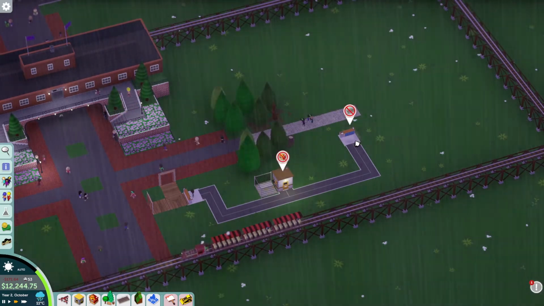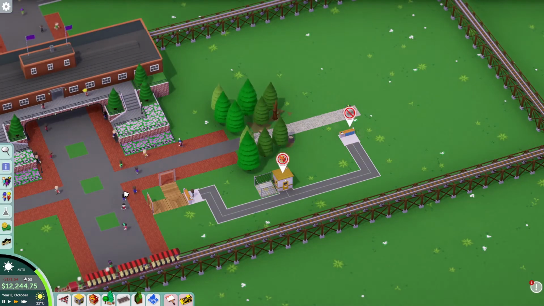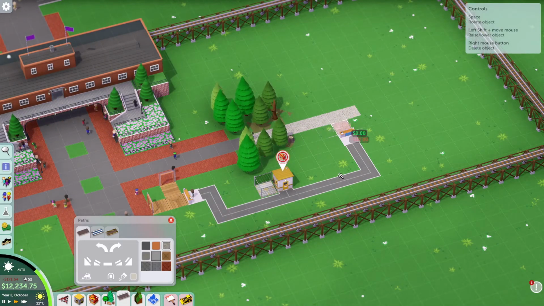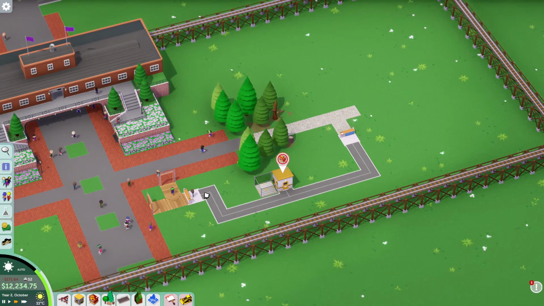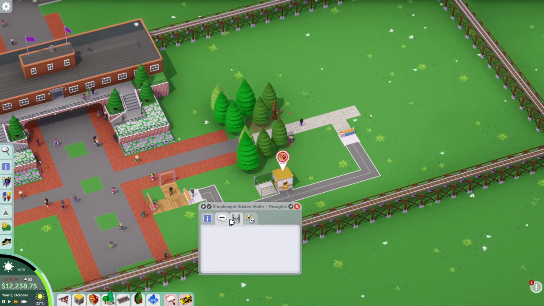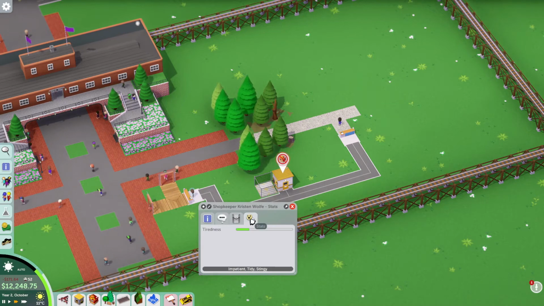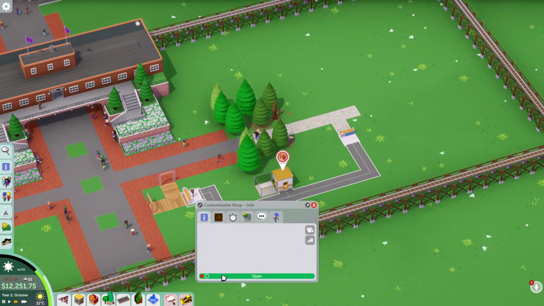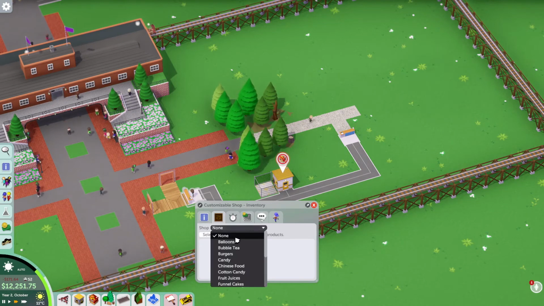Just something like right in here. And let's go ahead and get a cobblestone path in here. There we go. Selling stuff. Cool. What are you selling? Let's go ahead and do some...